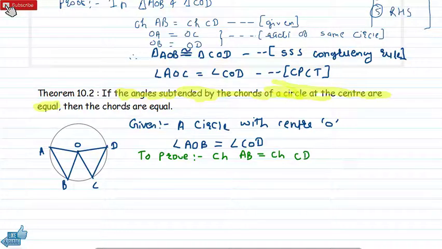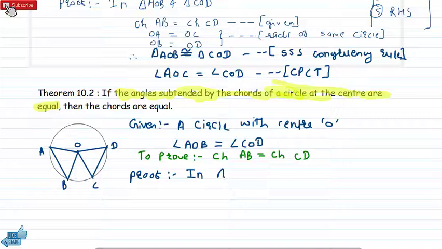Now there is no need for construction because they asked for congruence, and they already said that the angles are equal. So we already have the angles. So we directly jump to the proof. The proof is very simple. I told you already, if you have to show the sides are equal or angles are equal, you have to use a congruency rule. So how do we use the congruency rule? Again, write down the names of the triangles.